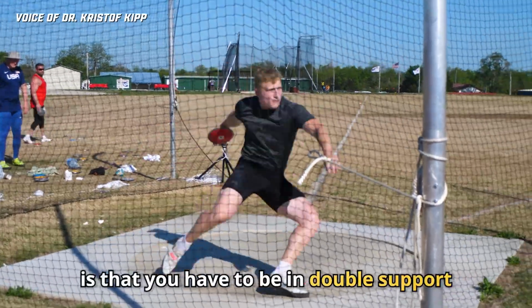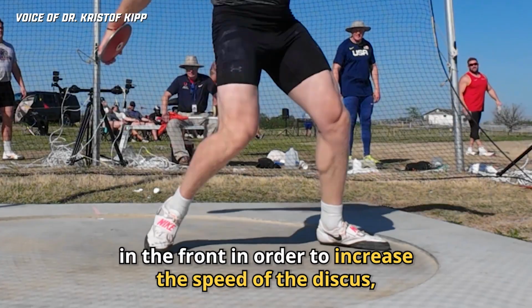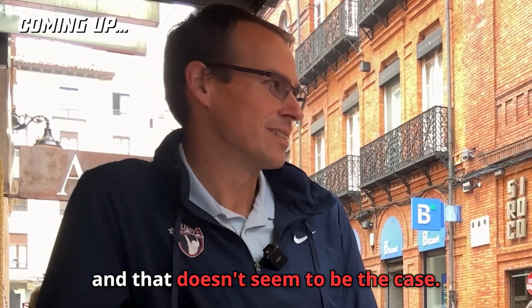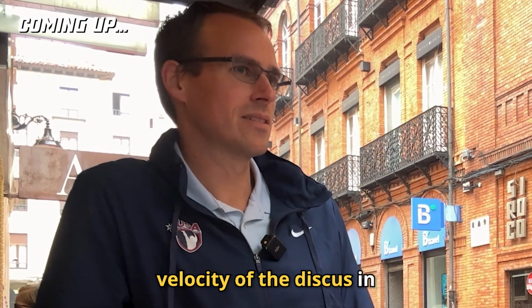Coaches will talk about is that you have to be in double support in the front in order to increase the speed of the discus. And that doesn't seem to be the case. You can actually increase the velocity of the discus in